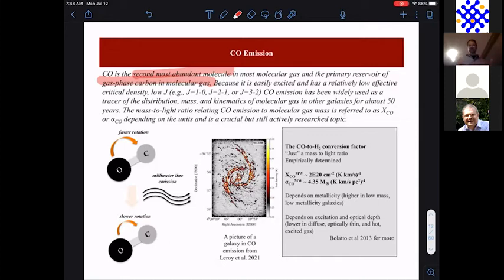These lines, the low J rotational transitions of carbon monoxide in the millimeter part of the spectrum, light up pretty easily and give us a pretty good tracer of the distribution of mass and kinematics of molecular gas. This is a useful enough tracer that we've been doing this for almost 50 years at this point. But there remains the technical but frequently highly relevant issue, to a ton of what I'll talk about, that the translation between the brightness of CO, or the luminosity of CO, and mass, which is referred to as XCO or alpha CO,